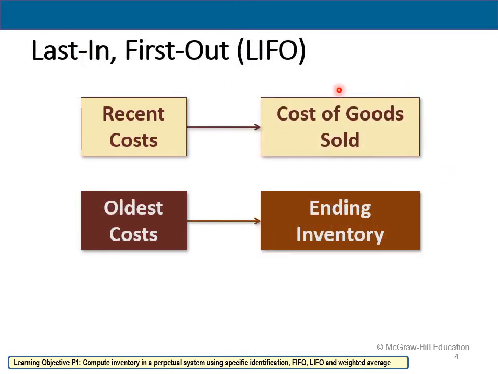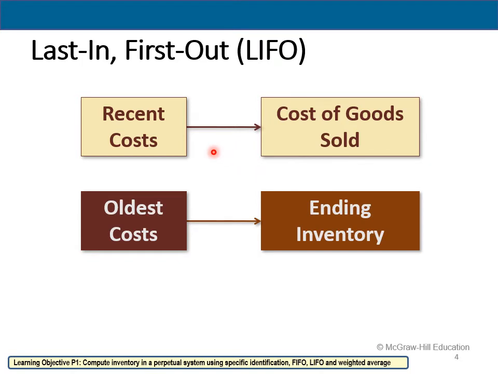Last in, first out is the opposite. This assumes that the last inventory item purchased is the first to be sold, which leaves the oldest cost on the balance sheet in the ending inventory asset account. Now keep in mind, these are costing assumptions. It is very plausible, in fact likely, that companies can